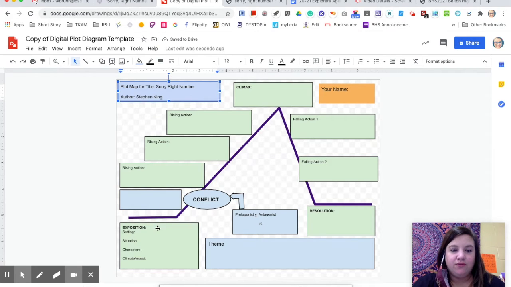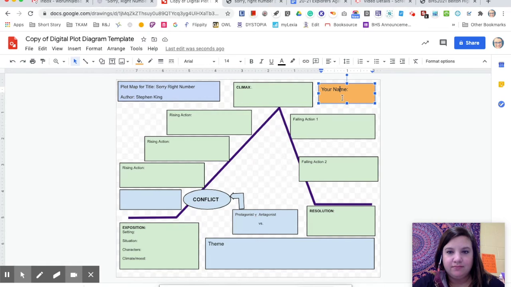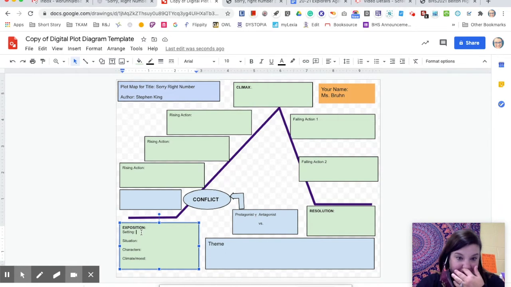Then you can also fill out some of this basic information, like your name. Okay. And so then you're going to start looking at the parts of plot. So the exposition is pretty easy to do because that's just where we start to understand what's happening in the story. So for the setting,